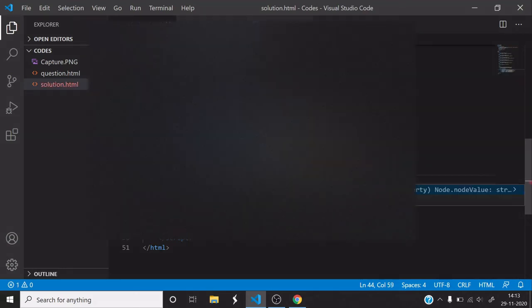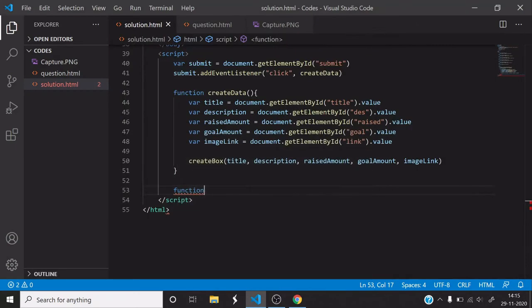So we have taken the value, and from this value we need to create a box. So I am creating another function with the name createBox, where these values will be passed, and accordingly it will create a box.